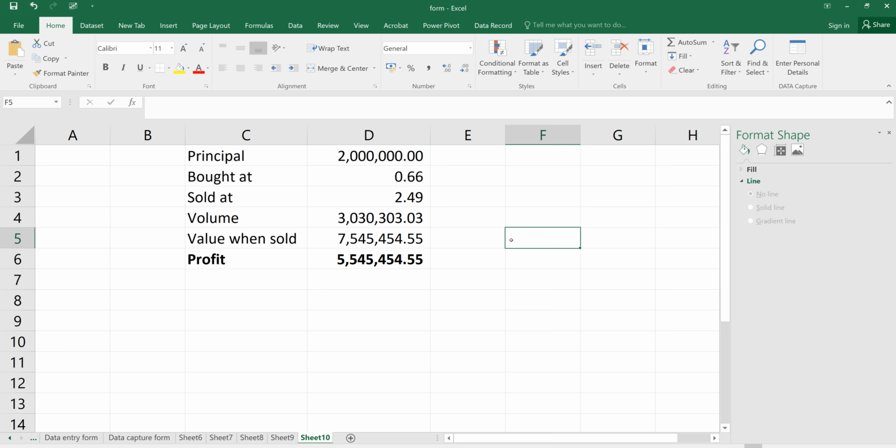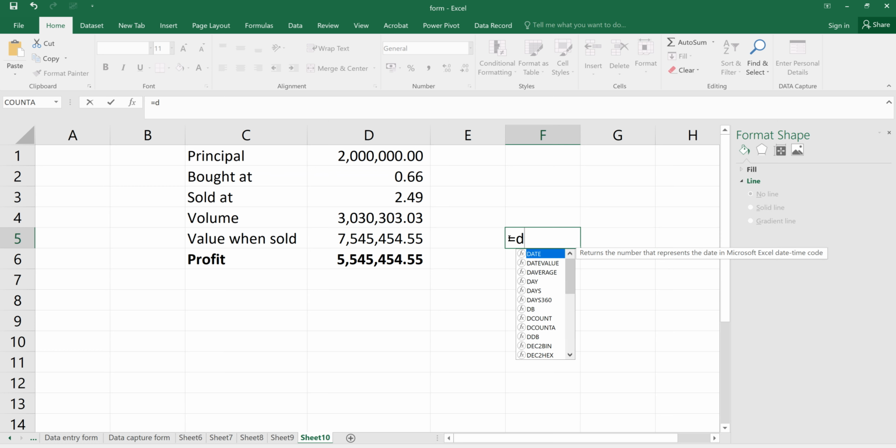So I'm going to say equals to D5 minus, so it's D5. Okay, why not use brackets? I think it makes more sense. Bracket open, D5 minus D1, bracket close, then divide this by